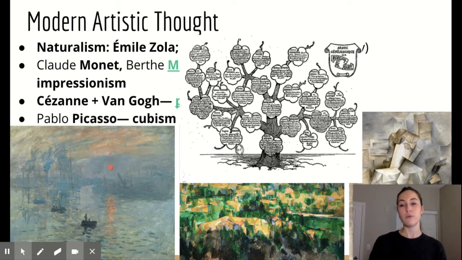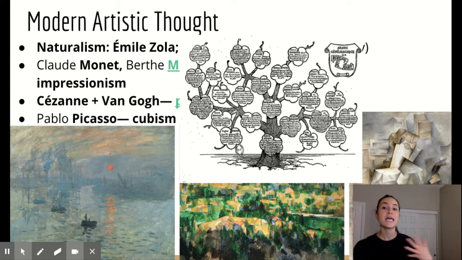So in this era, in terms of literature, we are going to see a category or style called naturalism. And if you're thinking to yourself, wait a second, naturalism, last time we learned about realism, aren't those similar? Yeah, they are. Naturalism is going to be a continuation or an extension of realism, but naturalism in literature is not going to be as optimistic.